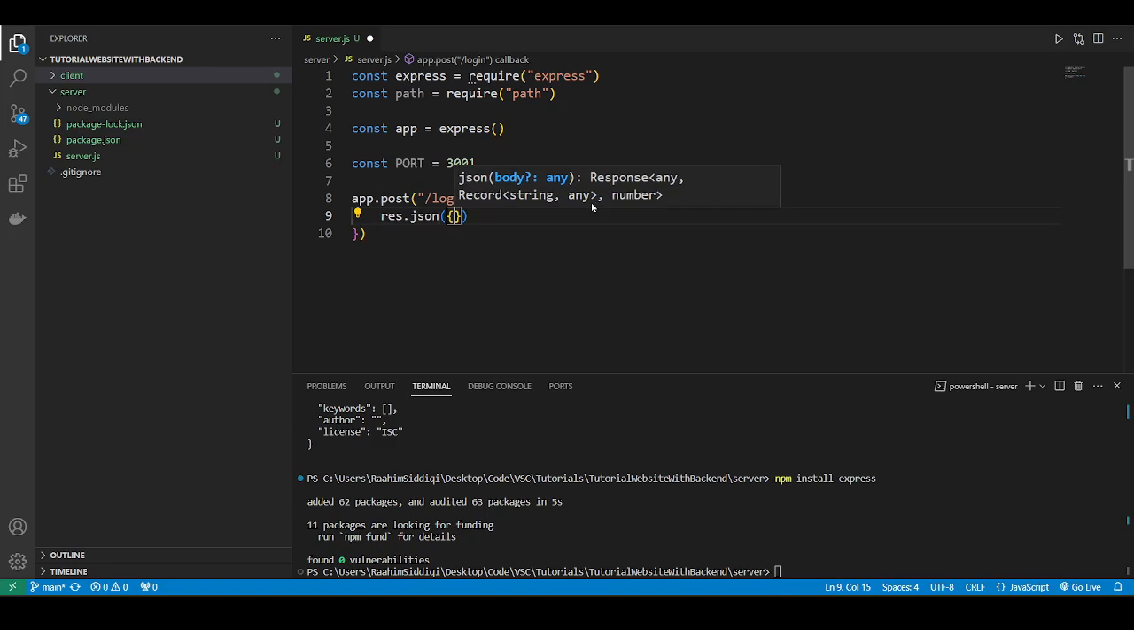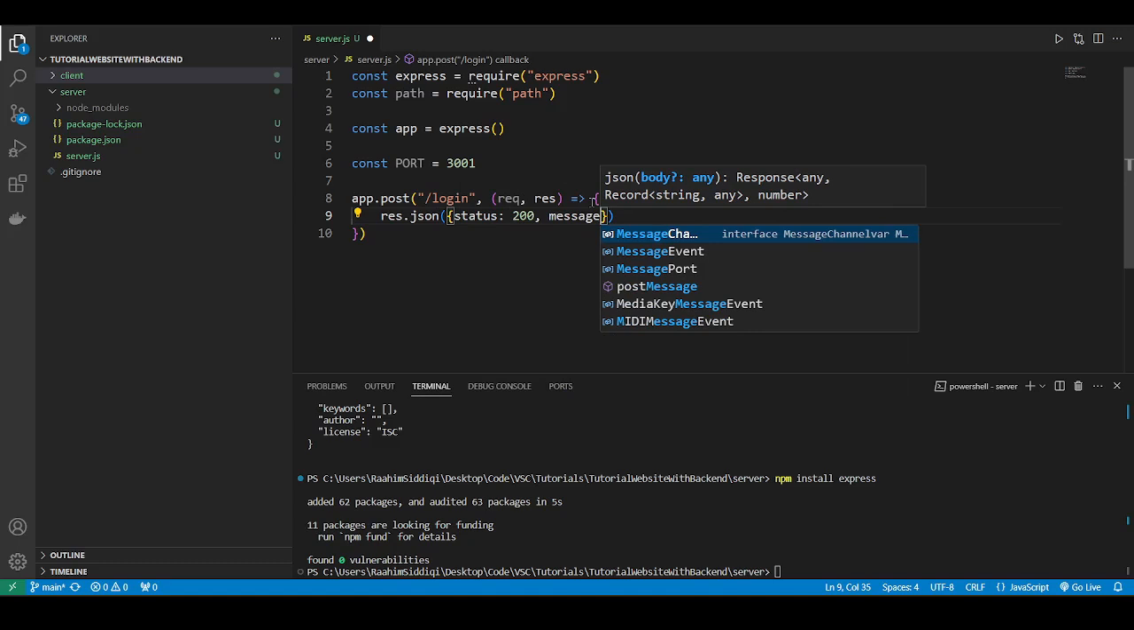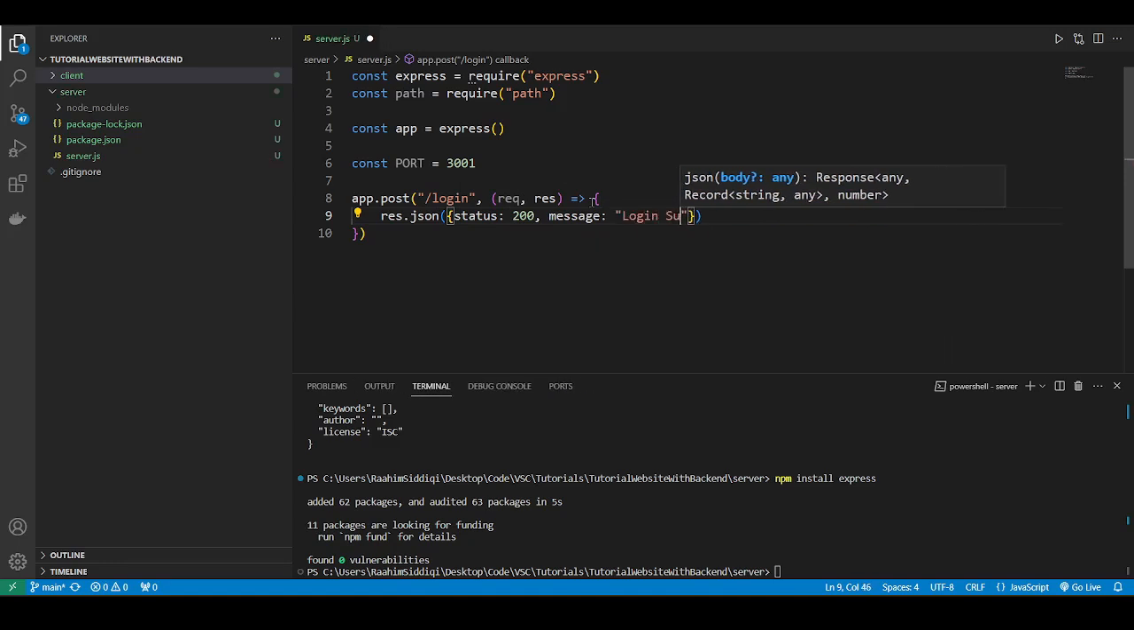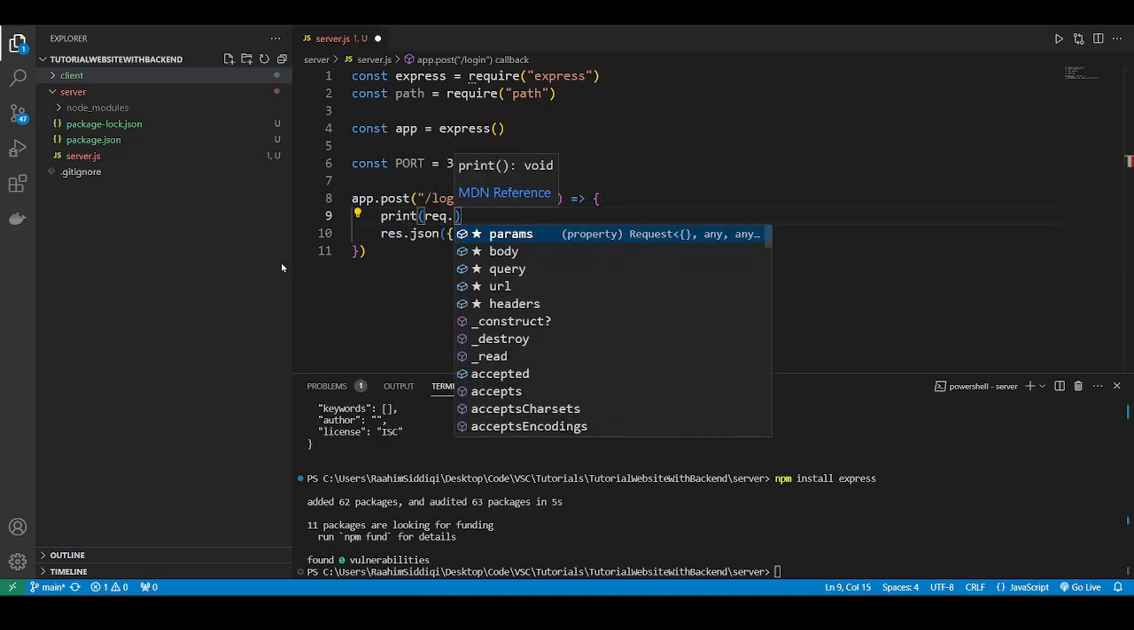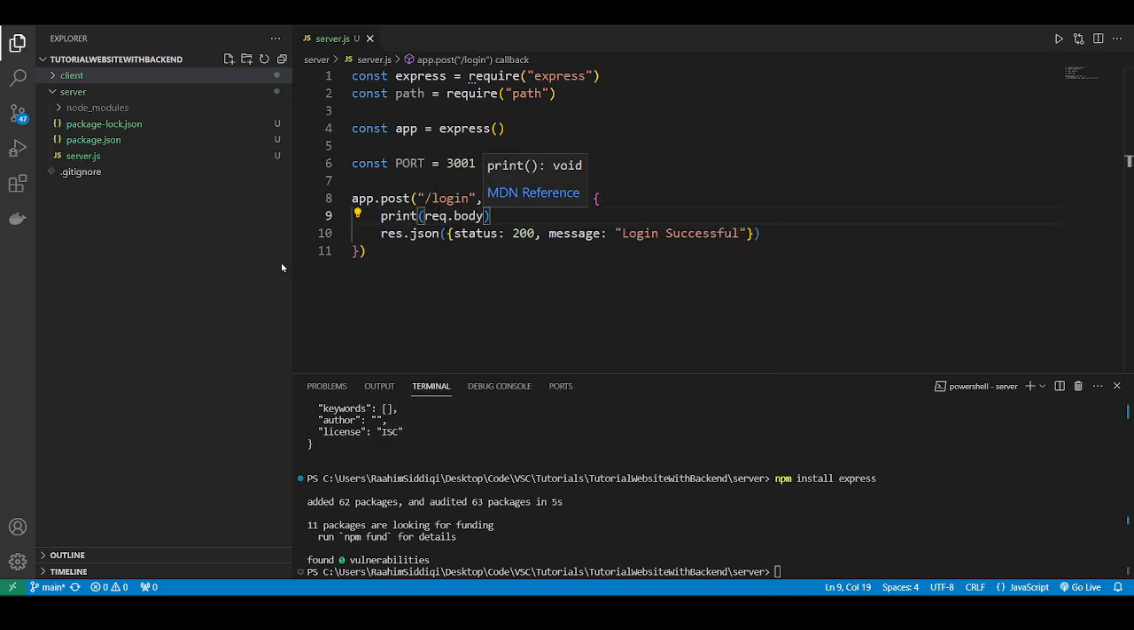And I'll explain this in a minute. Let me just finish typing. Alright, status 200, meaning it's successful, and we'll send in a text message as well. Okay, so ideally what you would do here is that the request object from the user, it's gonna have the username and password. So I'm gonna print it out, sorry,